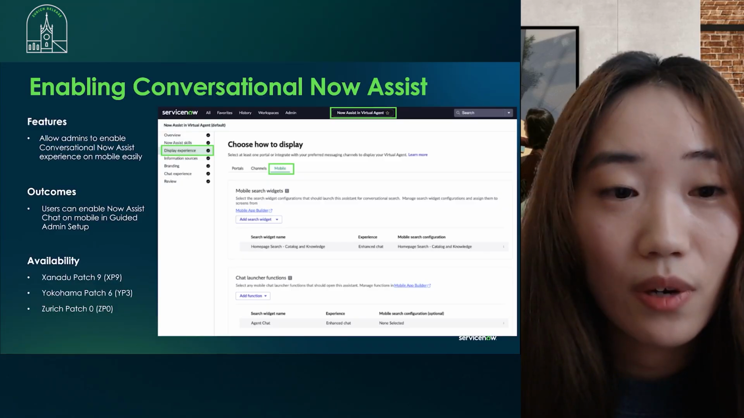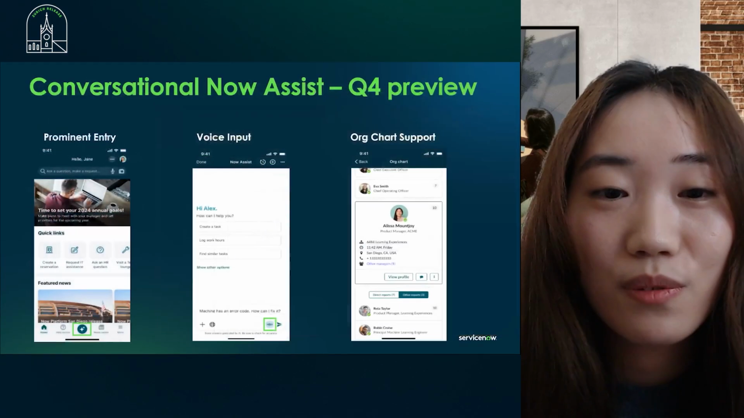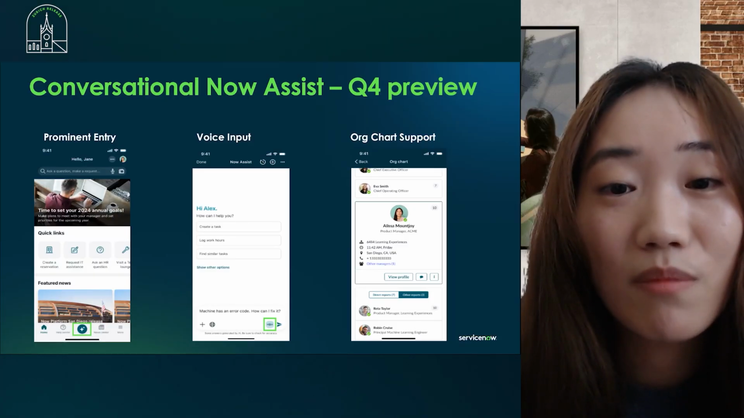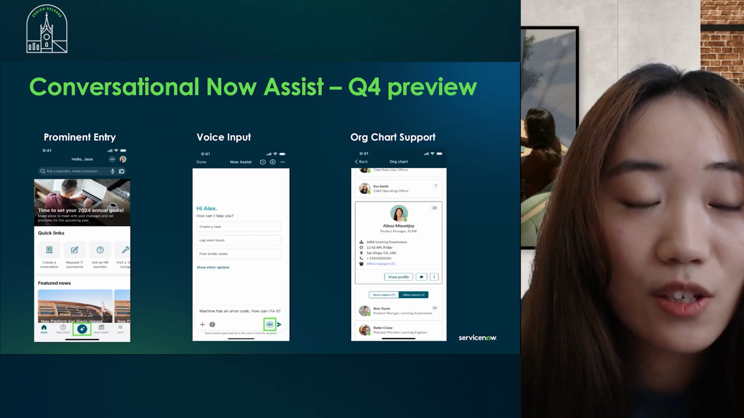Next, I'm going to talk a little bit more about what's coming up for the conversational experience on mobile in Q4. This is a quick Q4 preview of some of the amazing features we are looking forward to releasing very soon. So the first one is